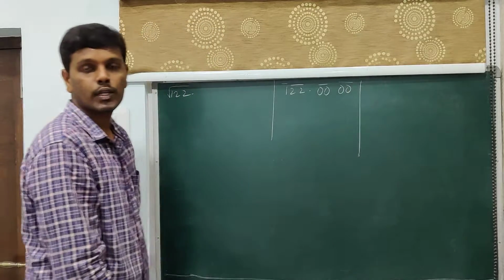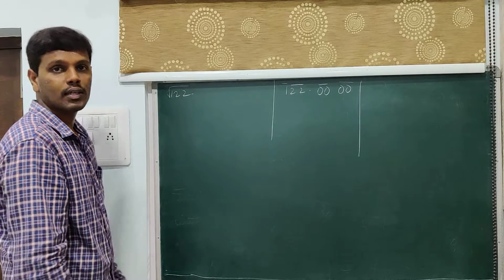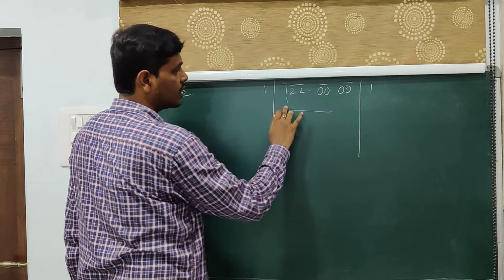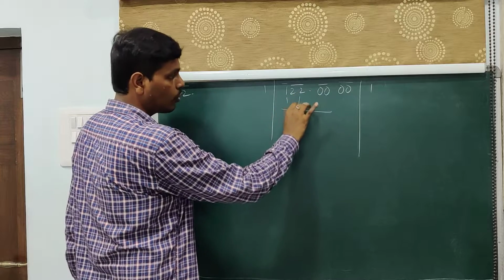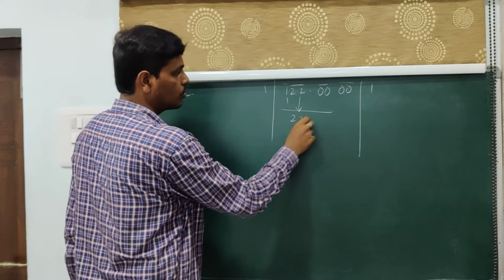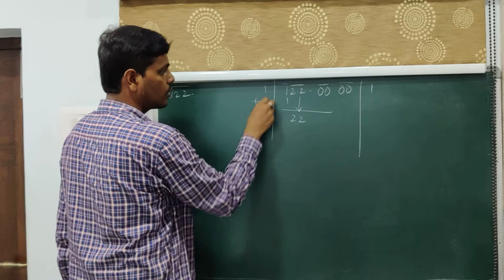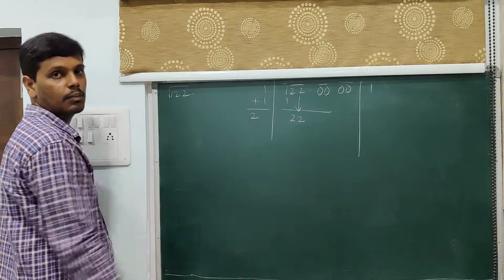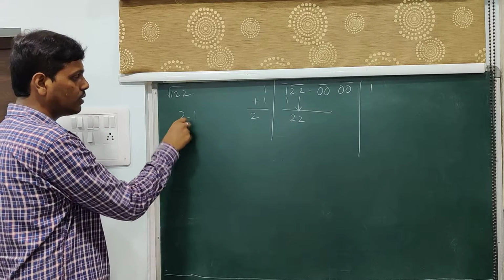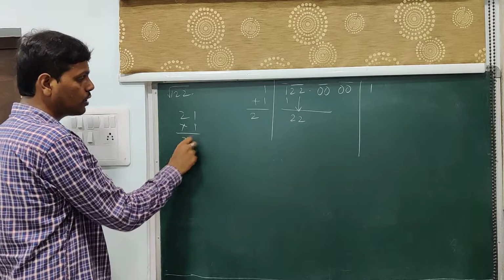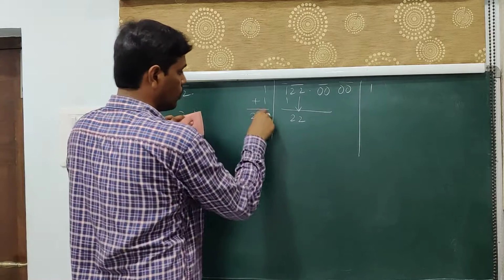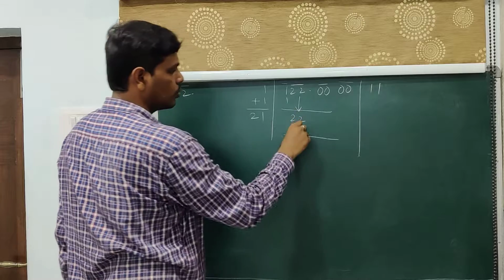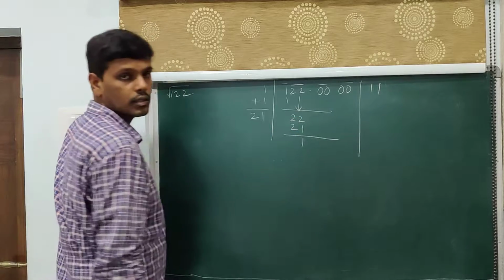Now what is the nearest perfect square to 1? The nearest perfect square to 1 is 1 itself. 1 1s are 1. That is what I have written. So 1 minus 1 is 0, not required to write. Now carry forward this pair of digits, 2, 2. Now you have 1, add upon 1 to it. 1 plus 1 is 2. Now whatever the number you place here, you have to multiply with the same number. If you place 1, then you have to multiply with 1. 1 into 21 gives you 21. So subtract it. What is the remainder? It is 1.